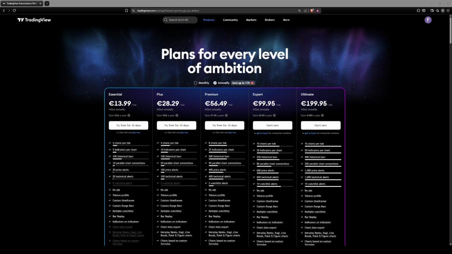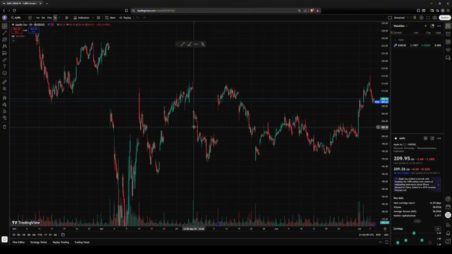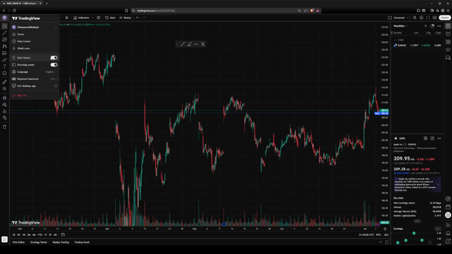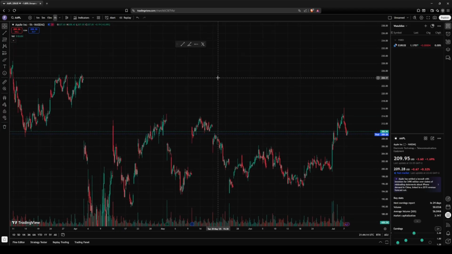So to open our chart, we just go to Products and then Super Charts. And there you will see the charting software of TradingView. I think in your case, you don't have the dark theme enabled yet. If you're a friend of dark themes, you just have to click on the top left-hand corner, click on dark theme and enable it, and then you will have the same appearance as mine. And then I will go from the top to the bottom through how the charting software of TradingView